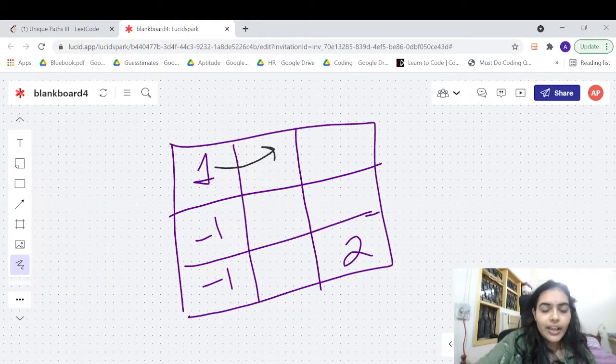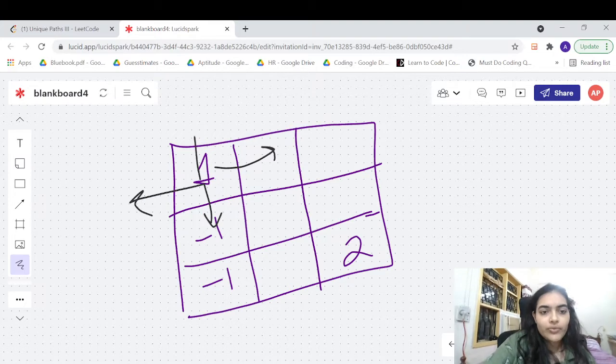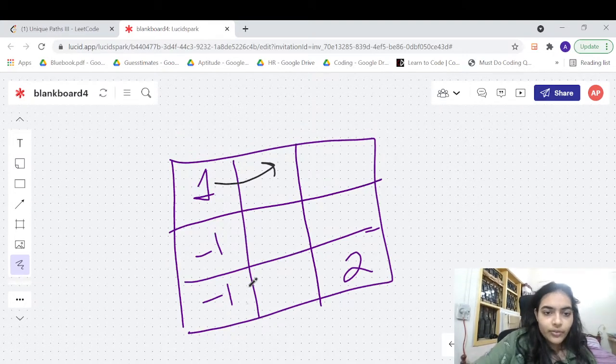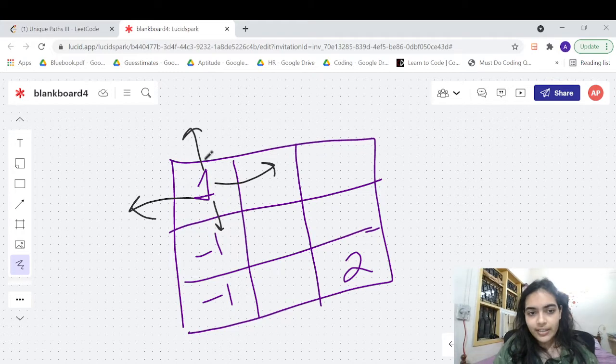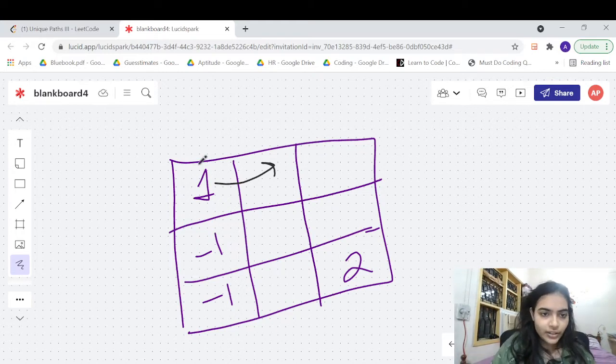And then we are going to try visiting all the nodes which are possible to visit. So which nodes can you visit? Once you try visiting the neighbors, there can be possibilities. One is that your index goes out of bounds. So if your index goes out of the bounds, then you have to stop that path, right? So we will not go along this path because the index is going out of bound. This path also we cannot go. In this path, we are seeing an obstacle.